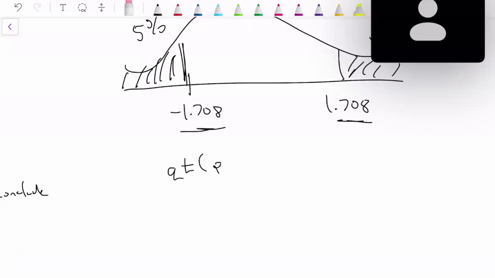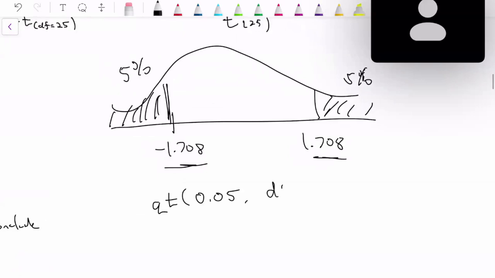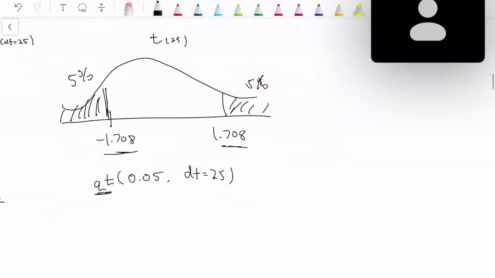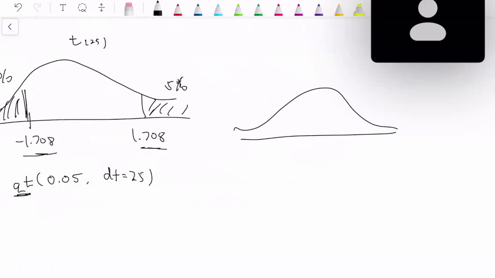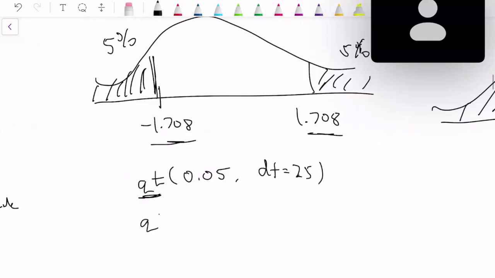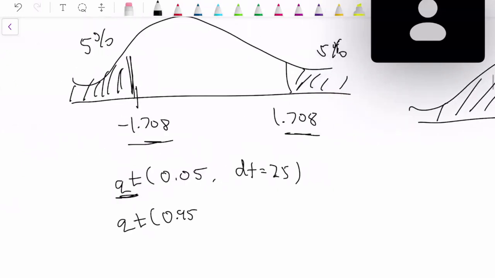So I'll write it out so it's clear. So here qt 0.05, and then degrees of freedom equal to 25. So in R, whenever you do quantile, it'll give you the quantile values on the distribution. But you have to remember, in R, it's always going to use the lower tail, if that makes sense. Let's say I want to find this quantile here, it'll always be calculating the probability to the left of that. So if I did qt 0.95,